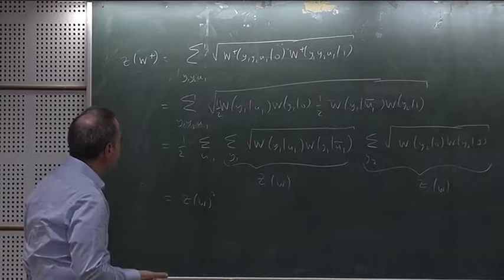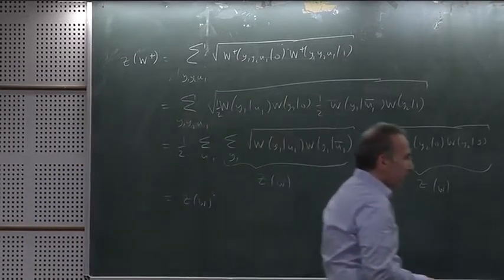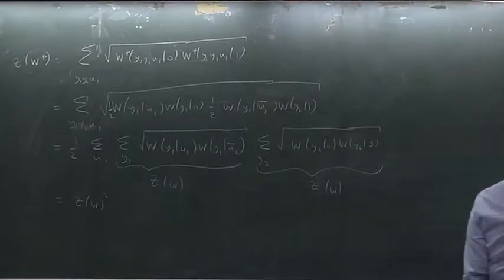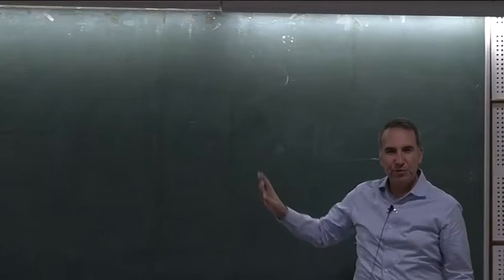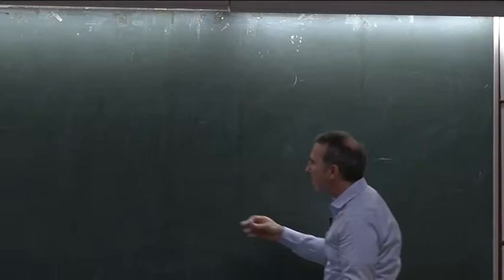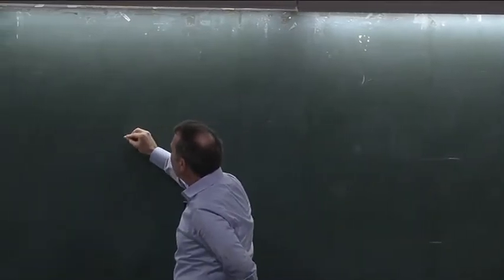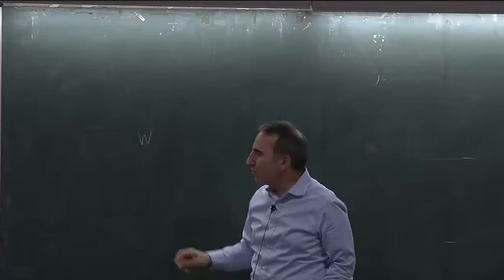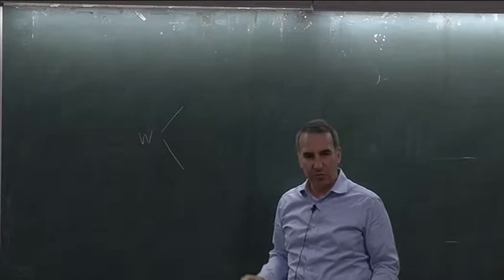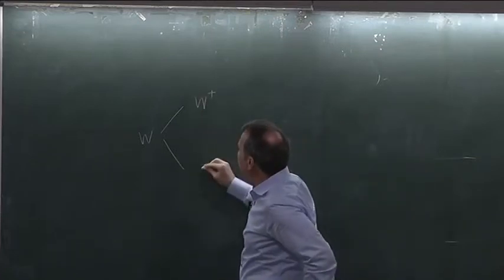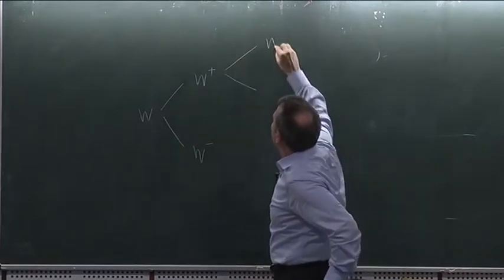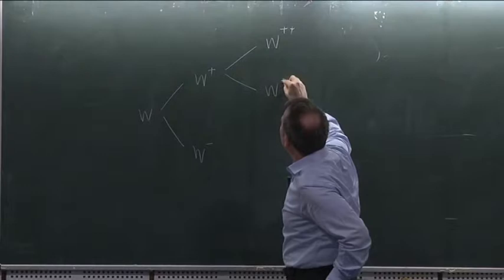Okay, fine. So now that we have this lemma, I should say a few more words. Let me draw here one more figure, which I kept drawing all the time. Let me draw it once more. I'll start with the channel W. And there are two channels we create from this W, the W plus and the channel W minus. From these, we also create the channels W plus plus, plus minus,